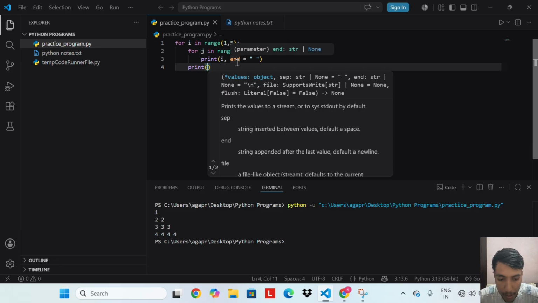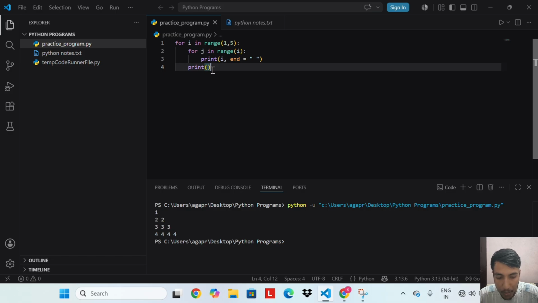print(i, end=' '). The end=' ' part makes sure Python does not go to a new line after each print. Instead, it puts a space. The print() with empty brackets at the end of the outer loop moves to the next line. This is the basic idea behind all pattern programs. The outer loop controls the rows, the inner loop controls what is printed in each row.